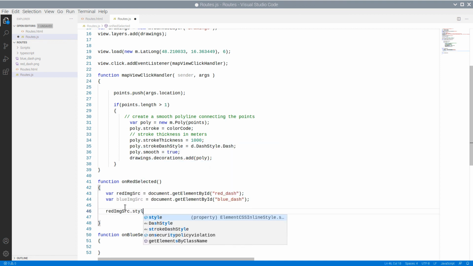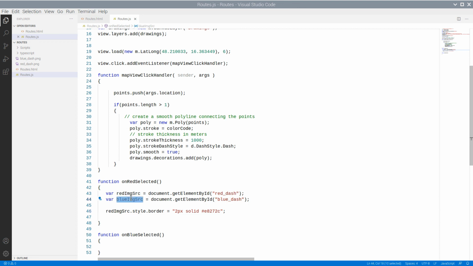We will use their style property to specify their borders from code. We set a red border 2 pixels wide to the red button and remove the border of the blue button.